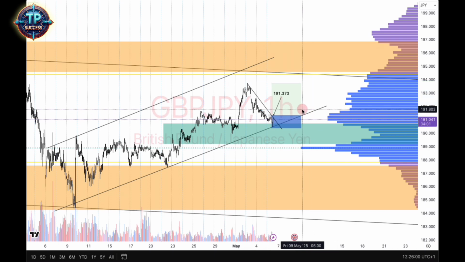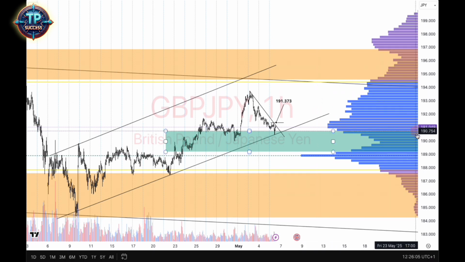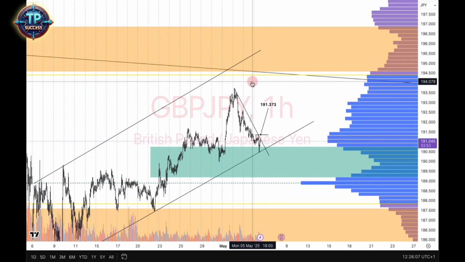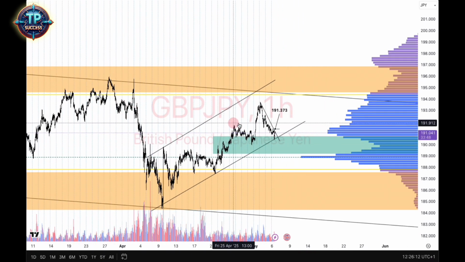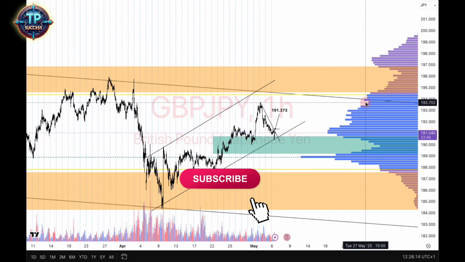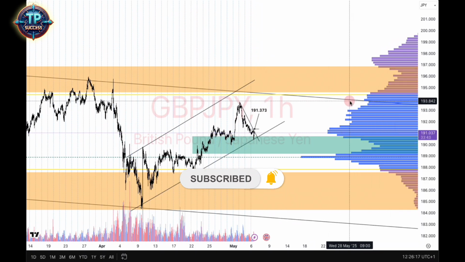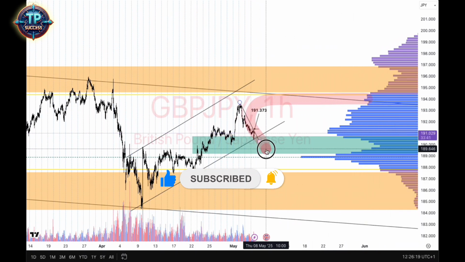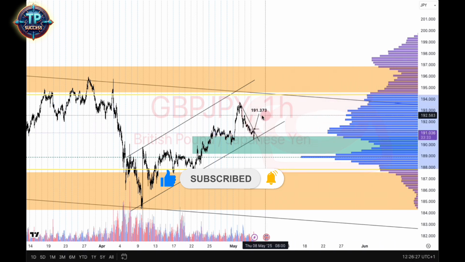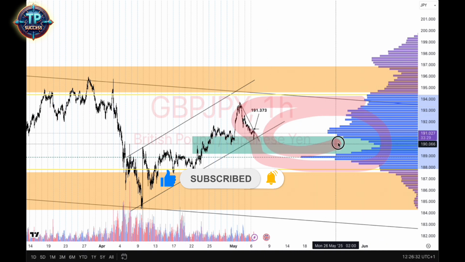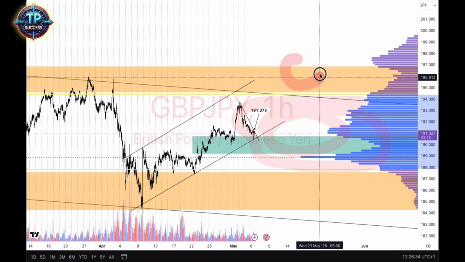So first thing I would do, if, say, for example, price made its way past, okay, let me just clean this up a bit, let's make this a little bit easier. So this area that we're looking at right here, this is the high value area in regards to the volume profile that we're looking at over here. That is the high value area. Now, low value area,